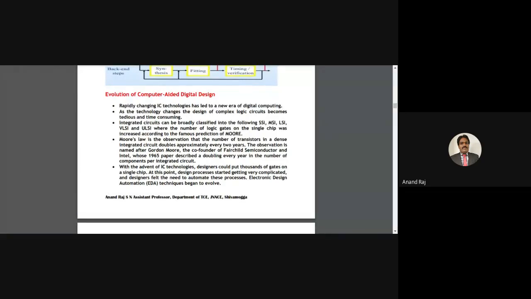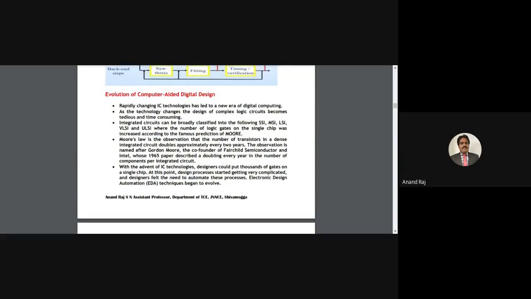So as you can see, SSI, say for example 100 devices on a chip, we call it SSI. MSI 1000, LSI 10,000, VLSI 1 lakh, ULSI more than 10 lakh. 10 lakh devices on a single chip.